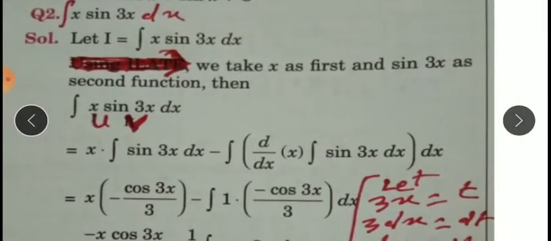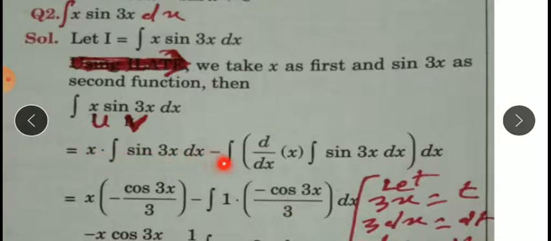Now see the next question, integration of x sin 3x. Here x is considered as the first function, sin 3x is the second function. Using the formula for integration by parts, this is equal to first function into integration of second function minus